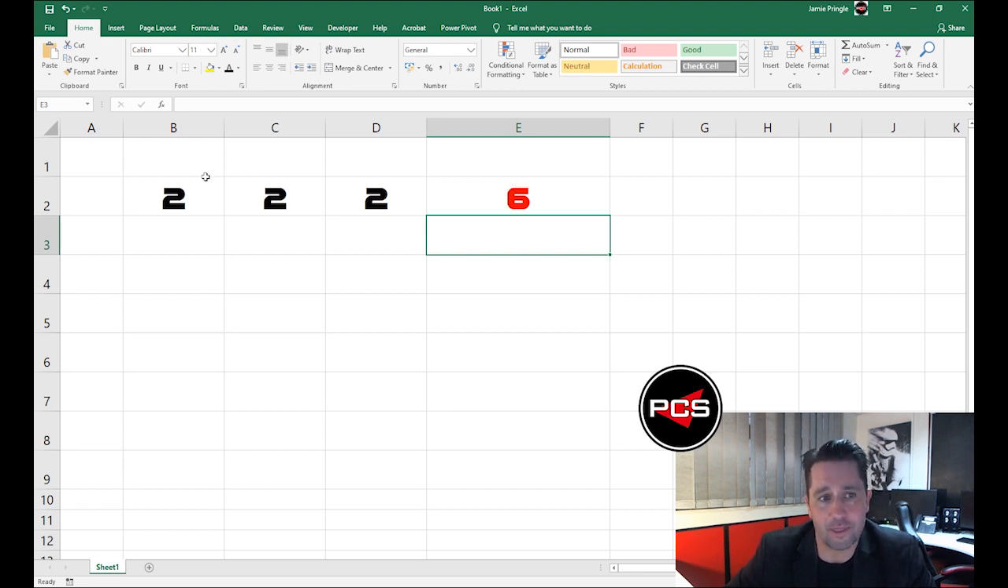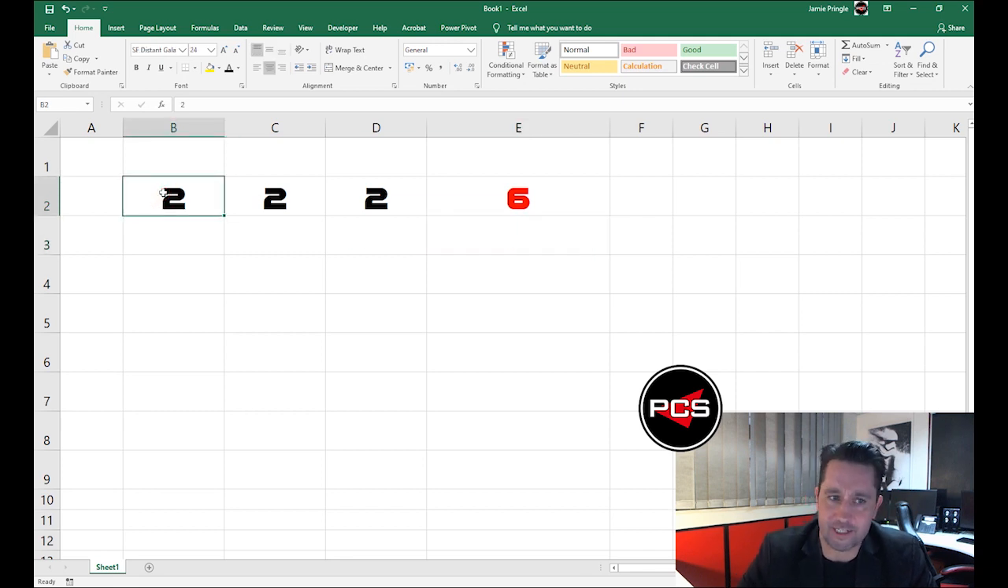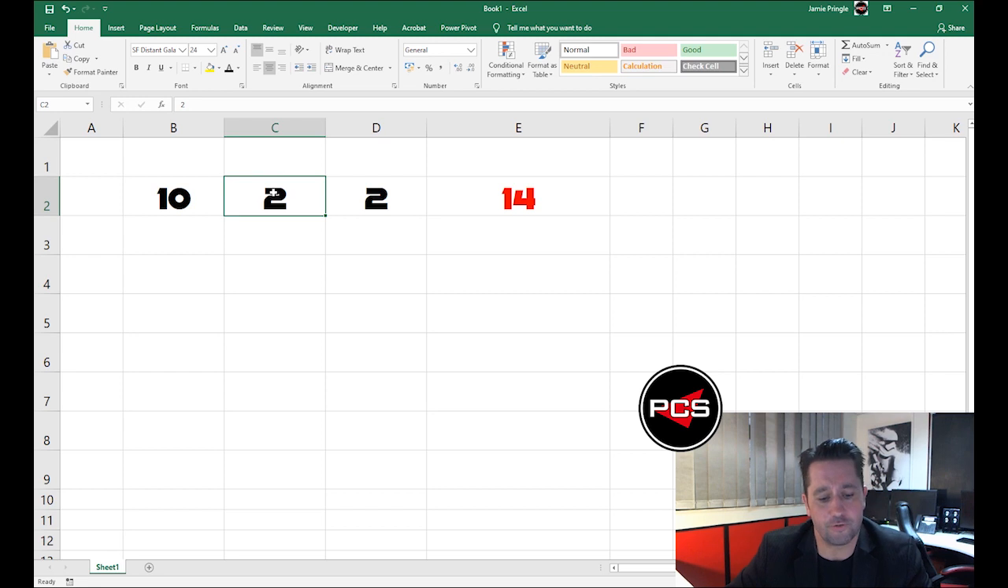To demonstrate that, let's click into B2, change that to 10. So 10 plus 2 plus 2. When we press enter, it will be 14. Let's change the C2 to 4 and we'll then get 16. Pretty obvious. Now if we click back into E2, we could also double click, or we could press F2,